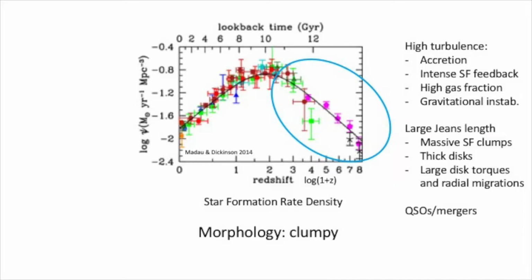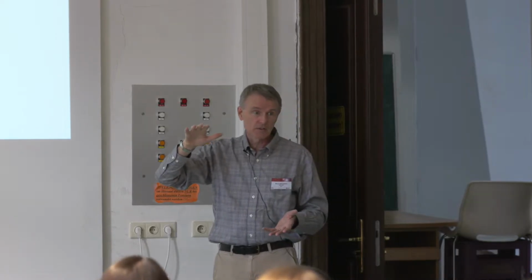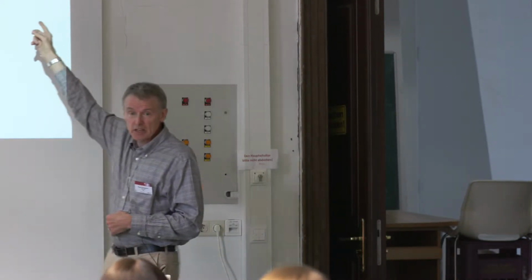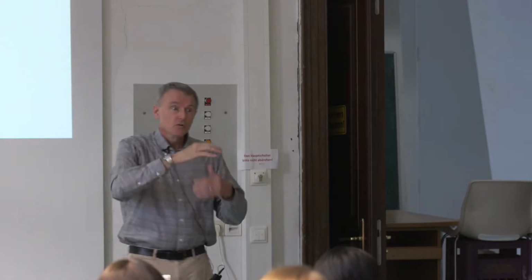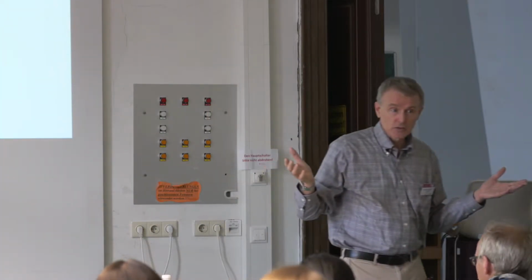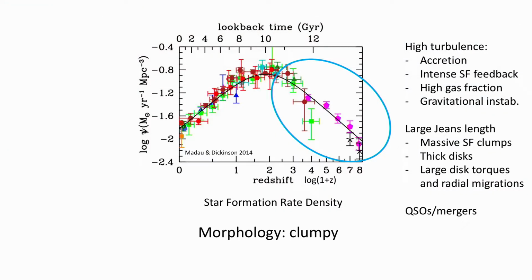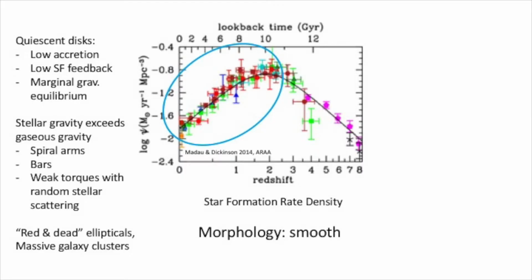So all of today's thick disks, most galaxies today, Milky Way included, have a thick old part of the disk and then the thin part where stars are forming. That thick part, that was the disk that formed at z equals 2, 3, 4, because the galaxies were much more turbulent. Because of all these big clumps, there are larger disk torques, which would not drive spiral arms. It was too irregular, but would still have torques and cause mass migrations, radial migrations. At that time also, lots of accretion to the center, so you have quasars. On the other side,